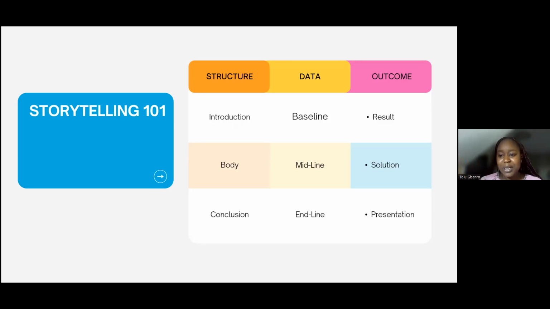It doesn't necessarily mean that it's all about the problem, right? If it shows you people are sick in the country because their blood level is low, the question you should be asking is, what are they eating? And then you do research and you realize that the cost of food is expensive. So what does that mean? It means people cannot afford protein to eat, so they are falling sick due to low blood level. So your solution is not going to be, how do you make them stop falling sick? Your solution is going to be grassroots. How do you give them protein? How do you make food affordable? That's basically what the solution is saying, right?